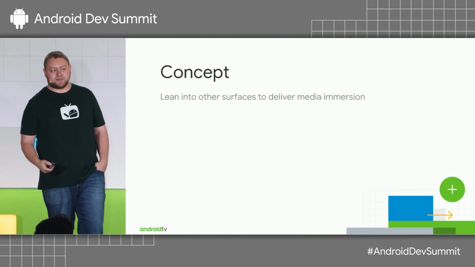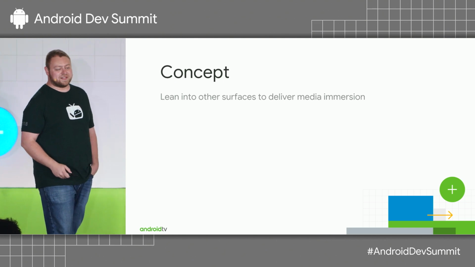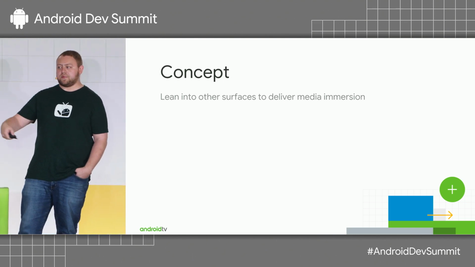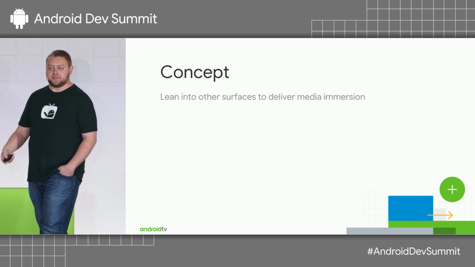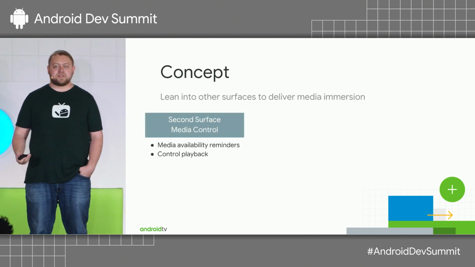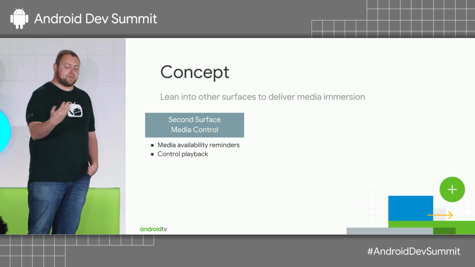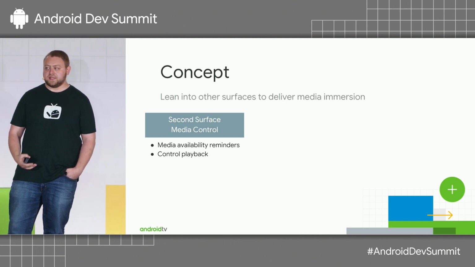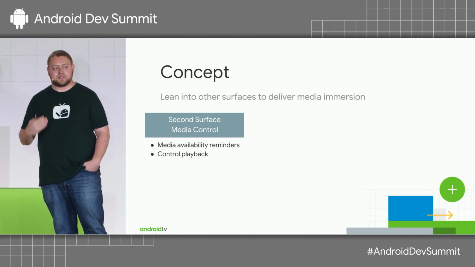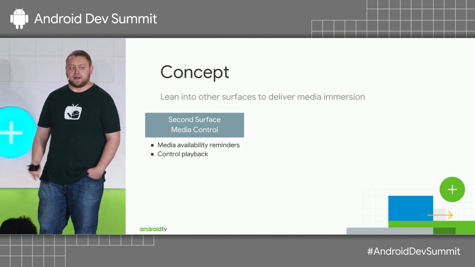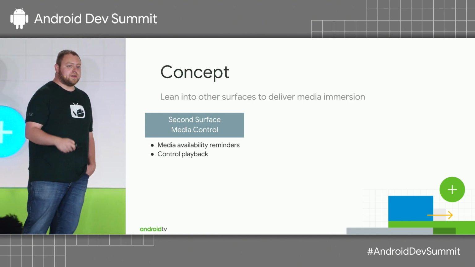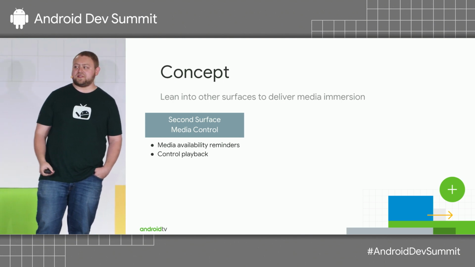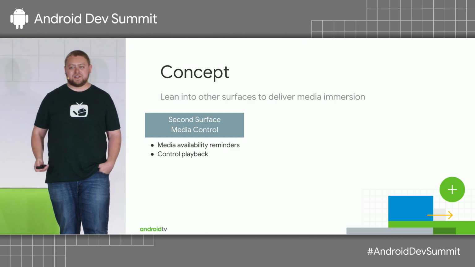So in concept, again, we're going to do this in threes because threes are great. In concept, if we want to tap into these other surfaces, what should we look to do? First step is just controlling media. The playback controls we talked about earlier is a great step. It's going a little bit farther advanced. You're building an experience around your app. Maybe for another option is to have notifications. Hey, the big game's about to start in 5 minutes. Do you want to watch on your TV?